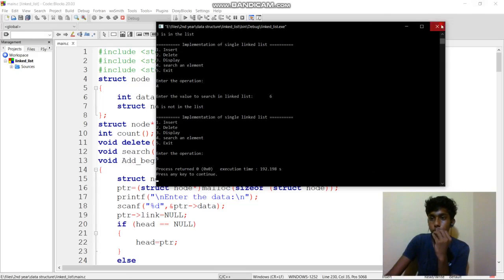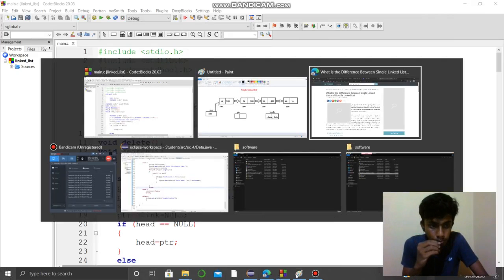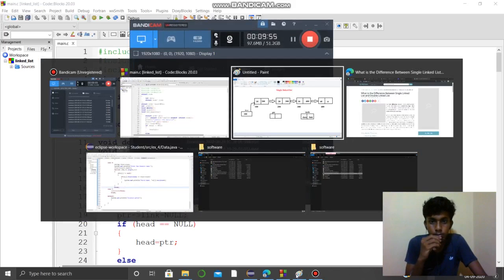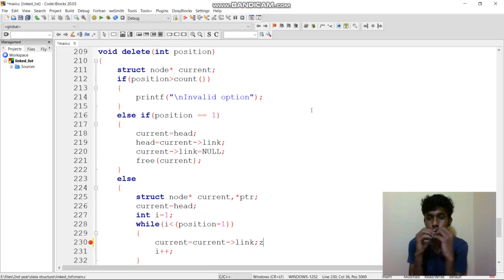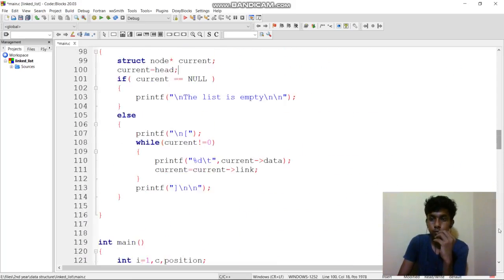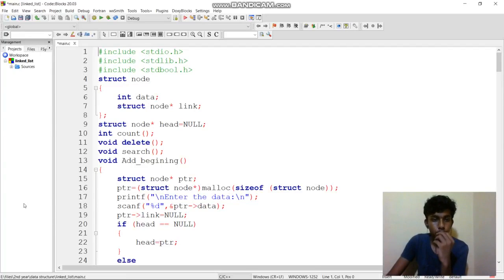Now let us see the code. First I have used a structure type.